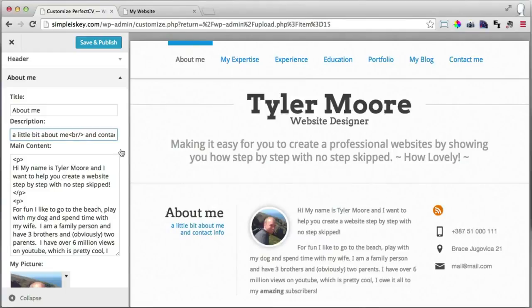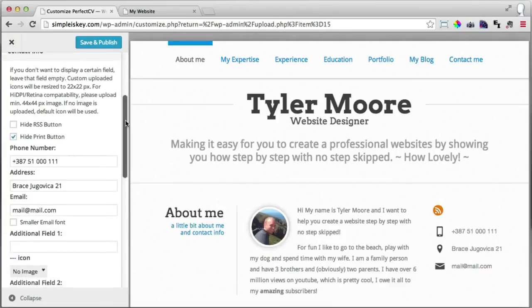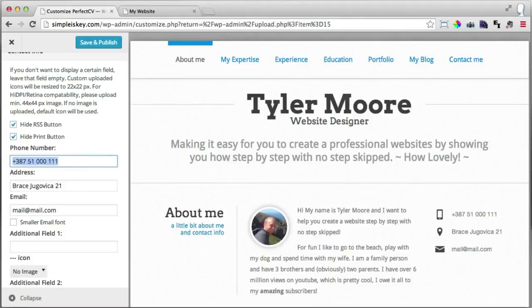The next thing that we're going to change is this contact information over here. To do that, let's minimize the About Me section and maximize the contact info section. And what we can do is hide the print or hide the RSS feed. I don't think we're going to want either one of those, so we're just going to hide them both. And I'm going to put in my phone number right here. So 310 736 5555. Okay, and then I'm going to put in my address, Los Angeles, California, and my email,